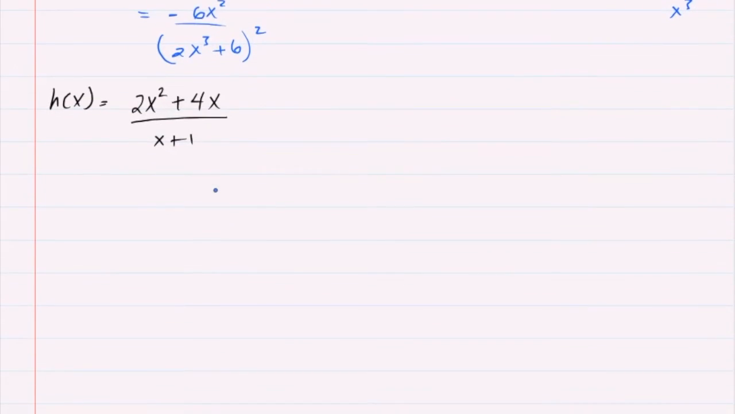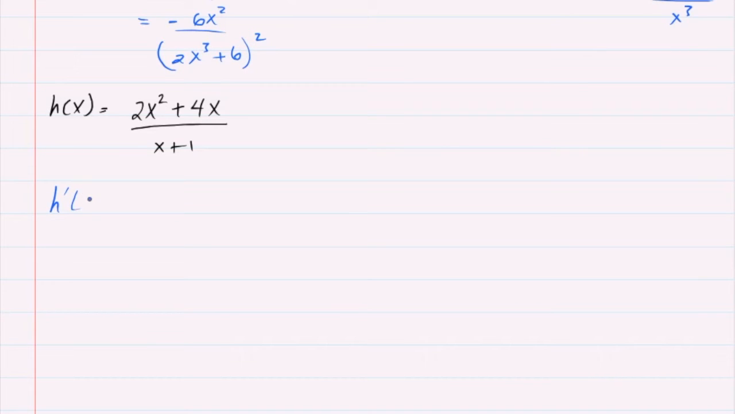Let's do one more example. Let's derive. This is f, and this is our g. So to derive a quotient, we have the derivative of the first, so that's going to be 4x plus 4 times the second function, which is x plus 1, minus the first function the way it is, so 2x squared plus 4x times the derivative of the second, which is just going to be 1,